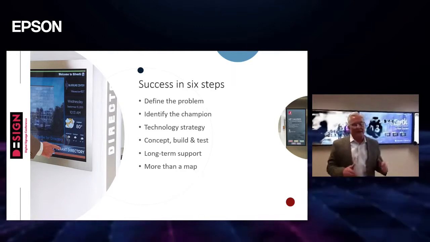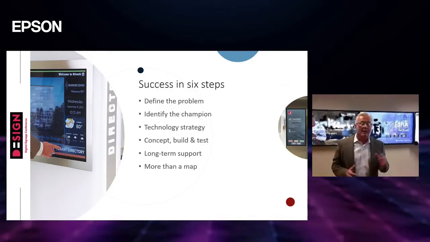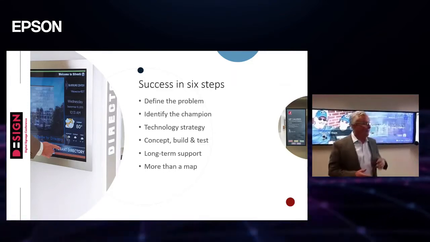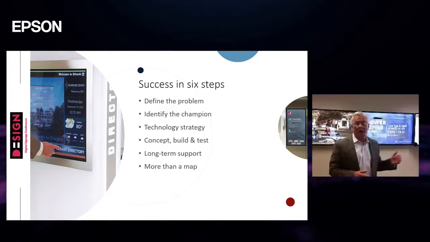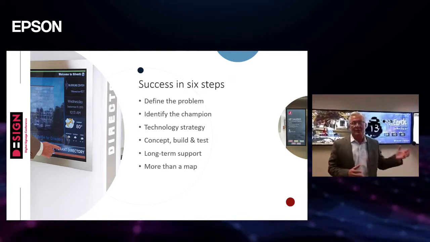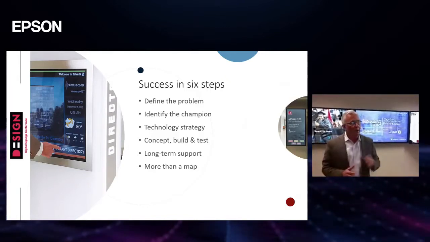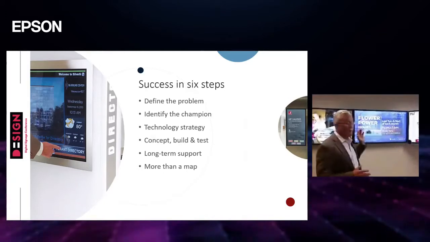Wayfinding has evolved dramatically from the static map or the static directory to completely interactive experiences that you can take with you. In some cases, you don't even have to touch the screen if you don't want to. You can simply talk to it. You can point to QR tags. You can point to bit.lys, and you can actually take the entire project with you if need be. So I'm going to attempt to go through these 6 steps in 30 minutes,